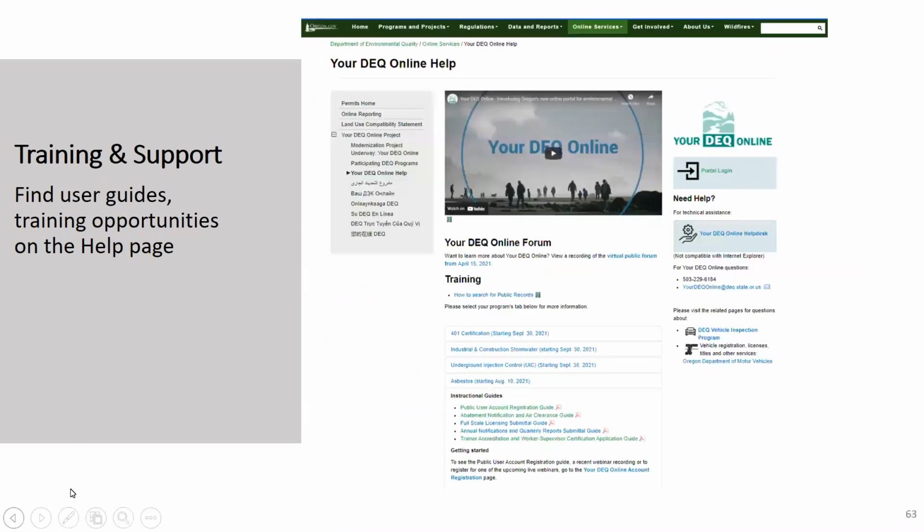Thanks, Kara. That's great. And if you don't remember to save this page as a favorite, or actually the login screen as a favorite, you can get to the portal login for your user account through this system as well. You'll see that it says up here portal login. That'll direct you to the page where you log into the system.